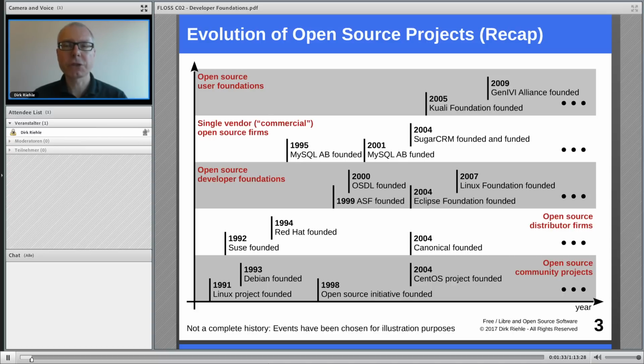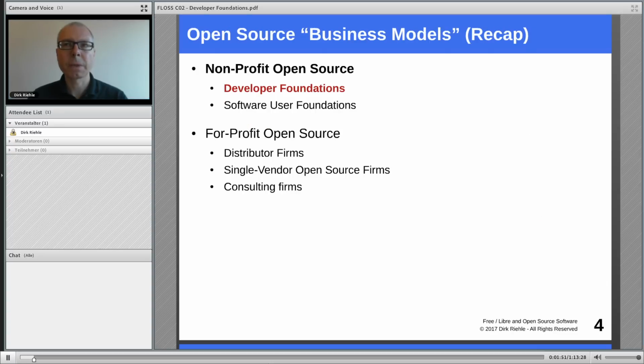The non-profit foundations, developer foundations, led by the Apache Software Foundation in 1999 and the OSDL, a precursor to the Linux Foundation, shortly thereafter. And as we will see, there are plenty of open source software foundations these days. Developer foundations are one of the two business models of non-profit open source